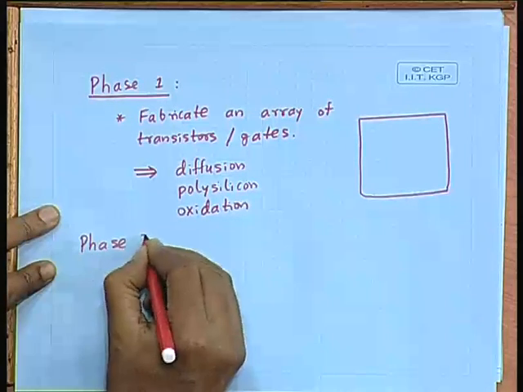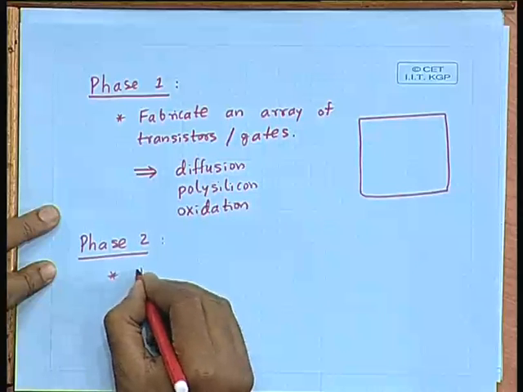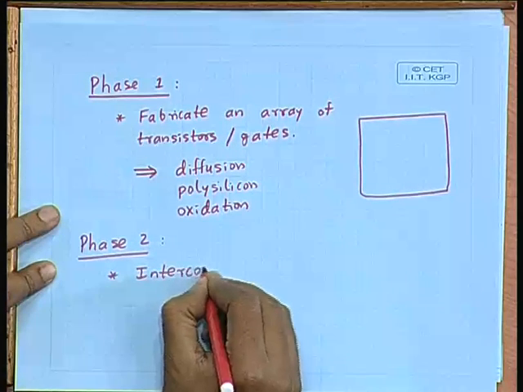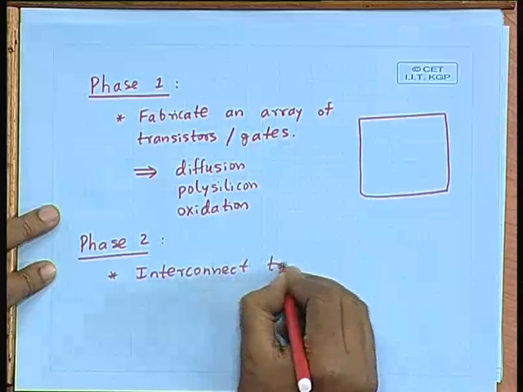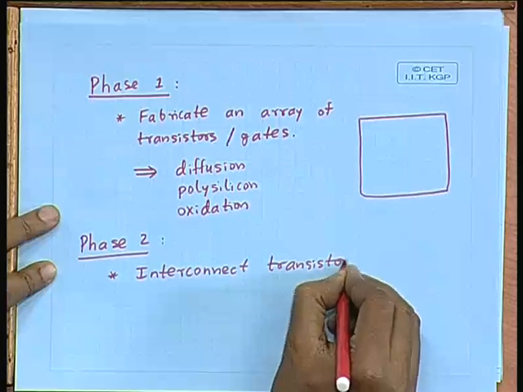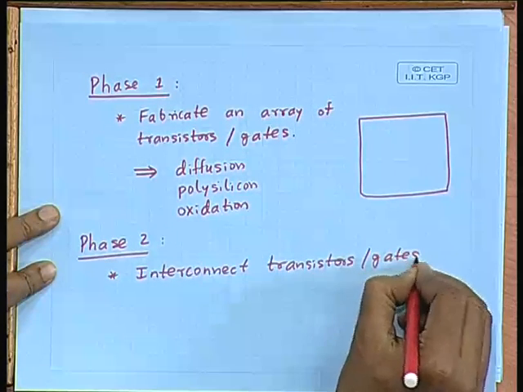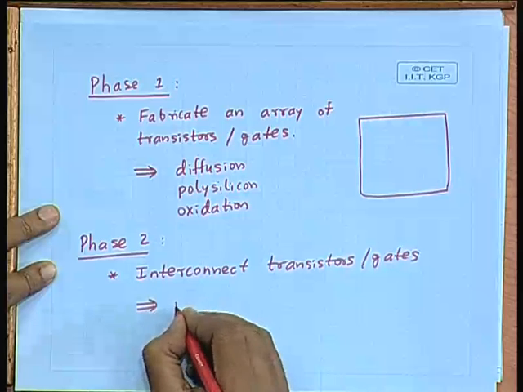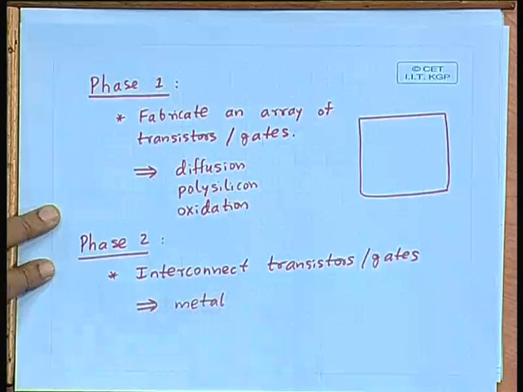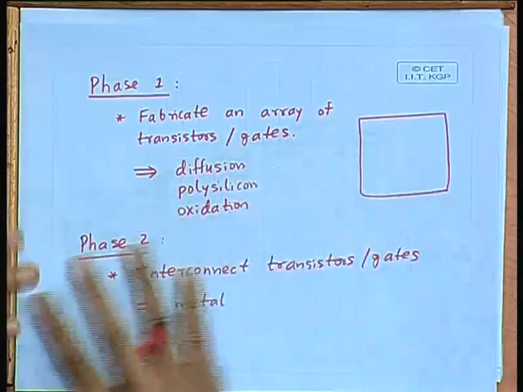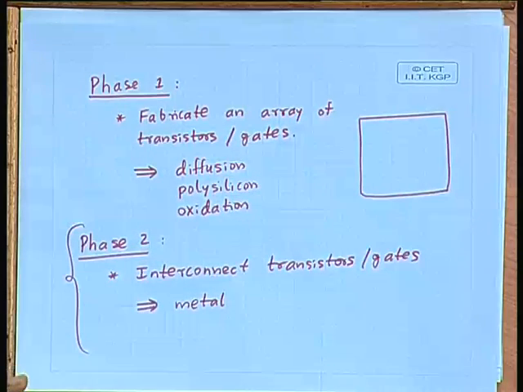Phase 2 says you interconnect the transistors or the gates. This is again done through some fabrication process through metallization. The transistors have been fabricated, but without any metal layer. Now you are starting to put on the metal layers. Now the metal layers are depending on the user requirements. So actually for a particular design you are basically paying for phase 2, the cost of phase 1 is very small since they are manufactured on a mass scale,